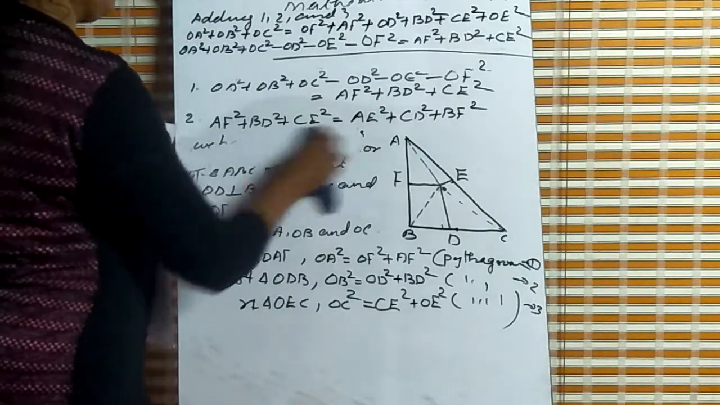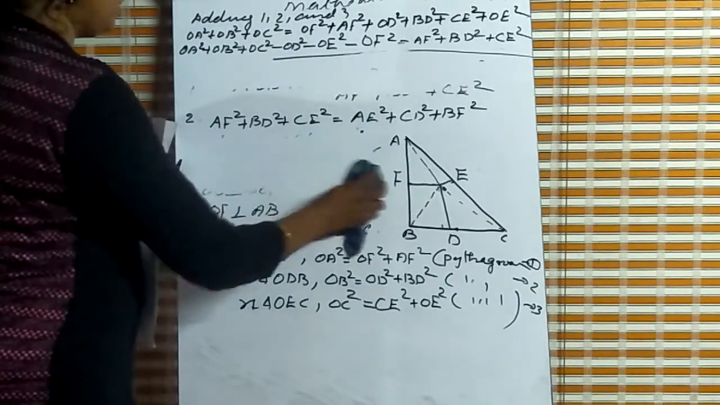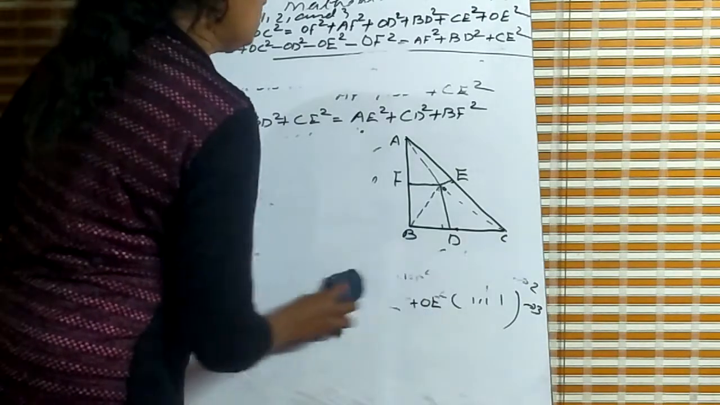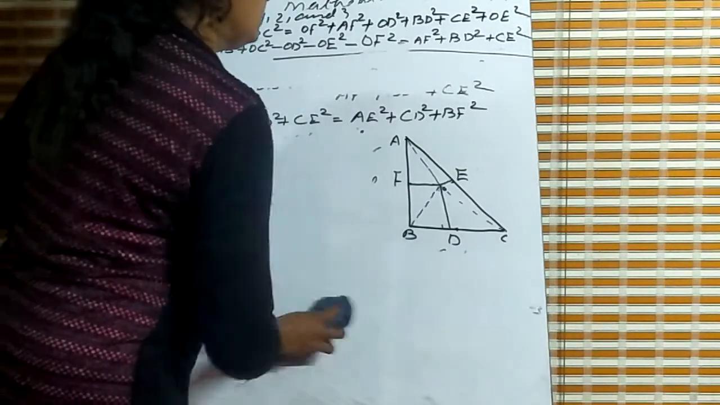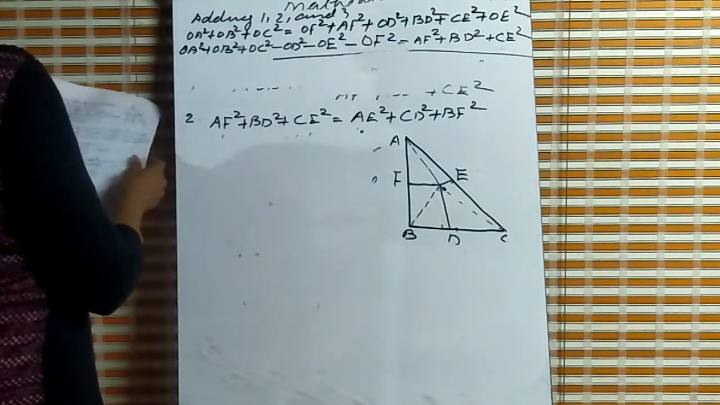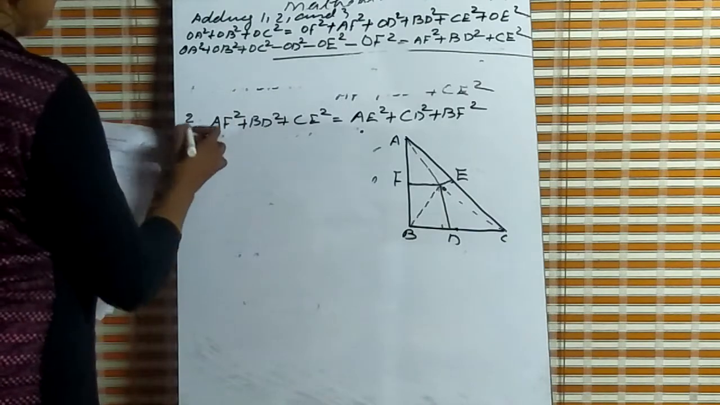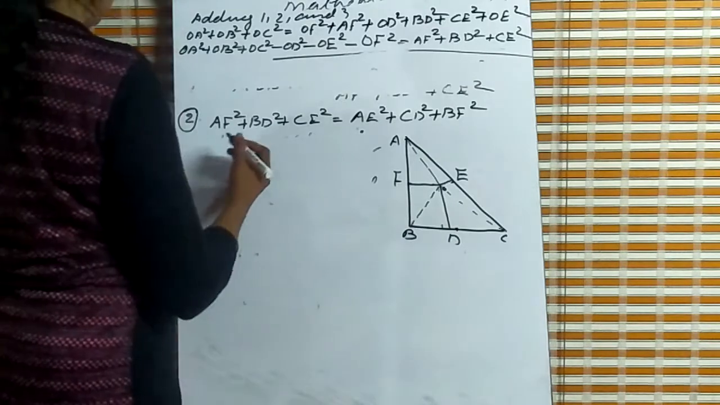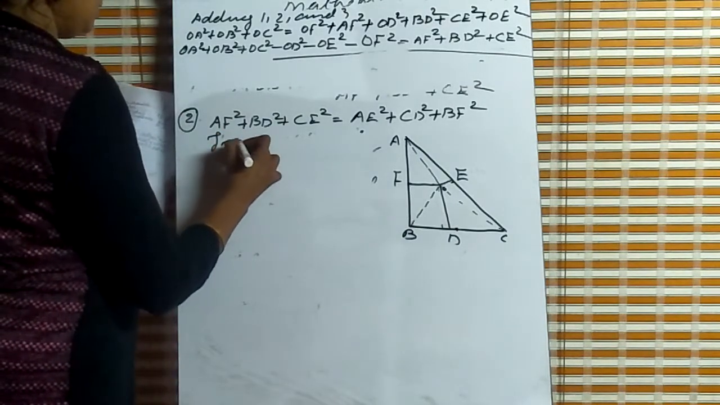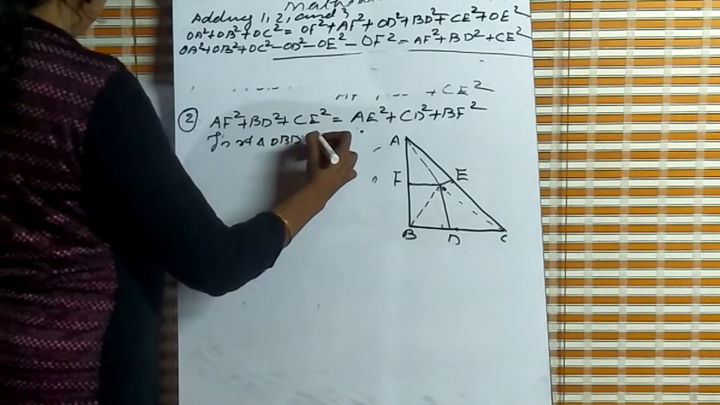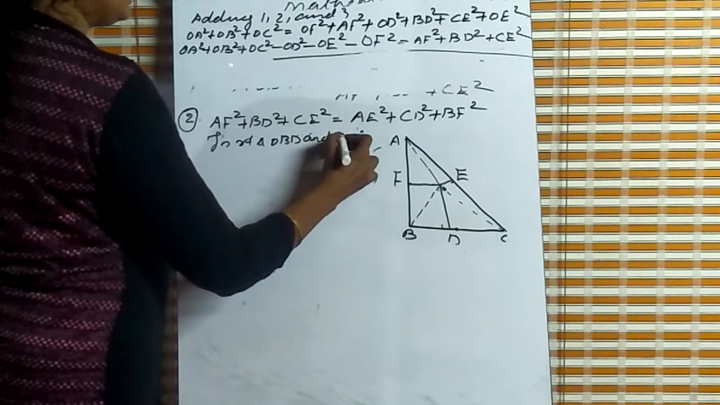Second one is, first is over. Then second question, to prove that AF square plus BD square plus CE square is equal to AE square plus CD square plus BF square. Second, in right triangle OBD and OCD,